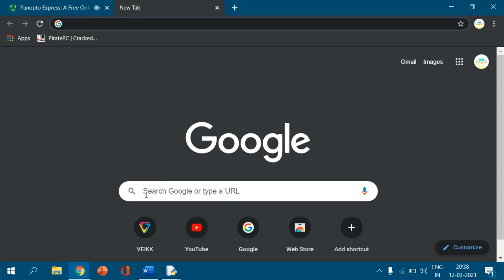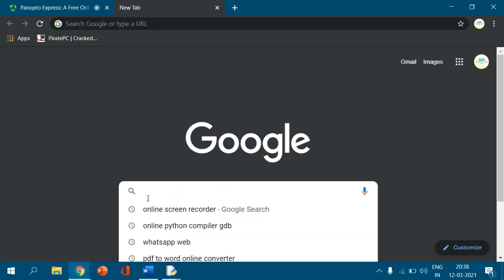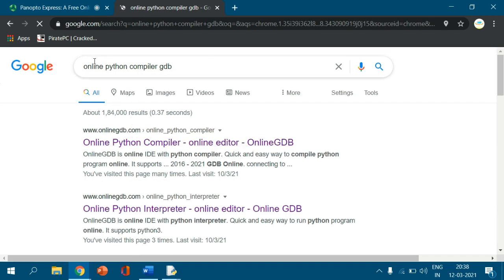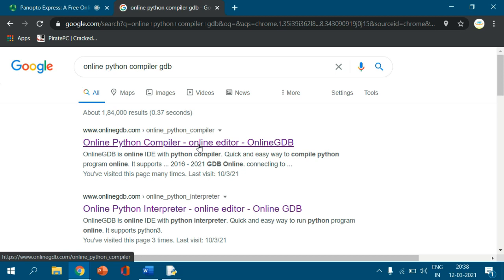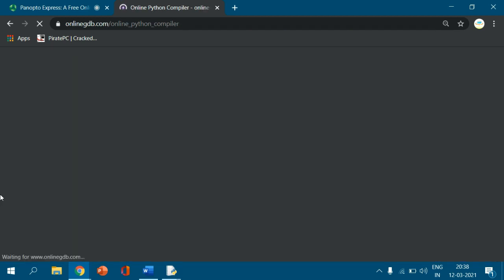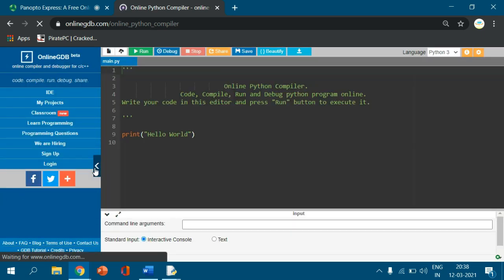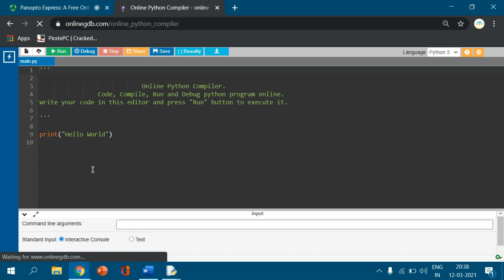You can go to Google and simply search for online Python compiler. I prefer GDB compiler, right? So online Python compiler or online Python editor GDB. Especially this is very useful to run Python scripts.